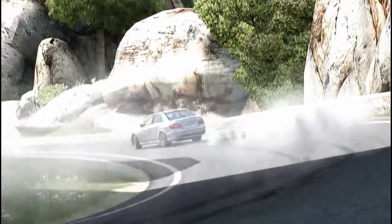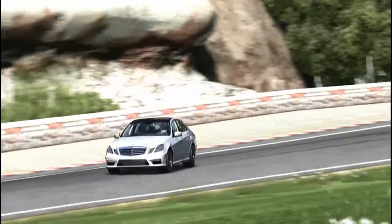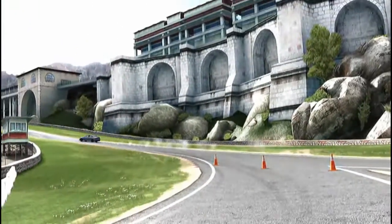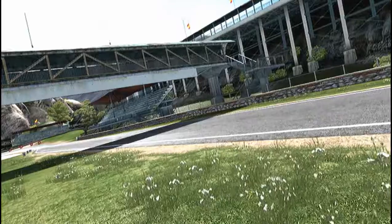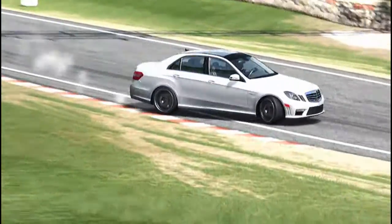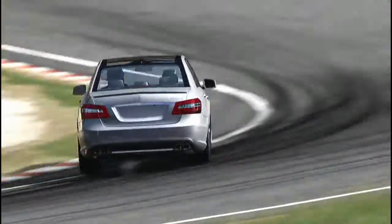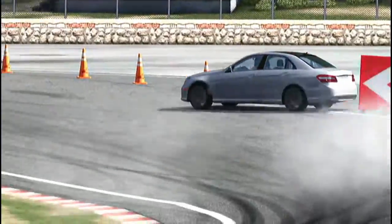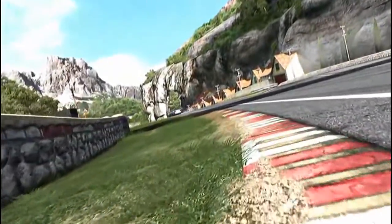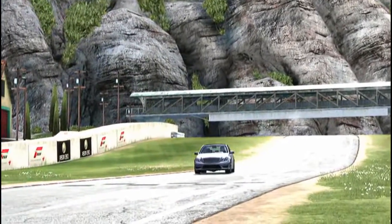Again, swinging it out, keeping it around the middle of the track, not swinging wide. Tackling the last hill climb. Under the covered bridge. Initiating the final corner. Swinging out wide through the final corner. Knocking over some cones, and across the line. So, the HSV, the Holden HSV, was our winner with